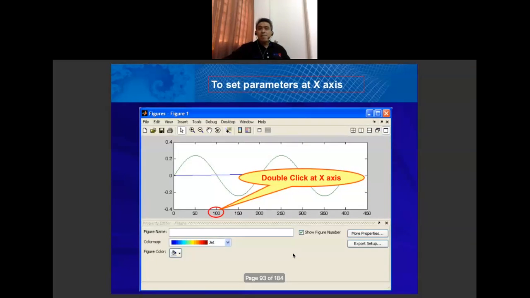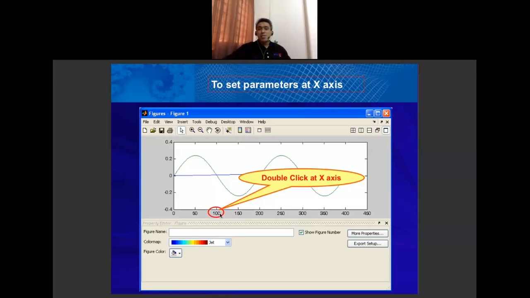Just remember we have set our simulation time from 0 to 0.04 second, which means we simulate our circuit for 2 full cycles of operation. But in this figure, the axis shows from 0, 50, 100, and up to 450. So we want to reset these parameters. How to reset them? Just double click at add axis.